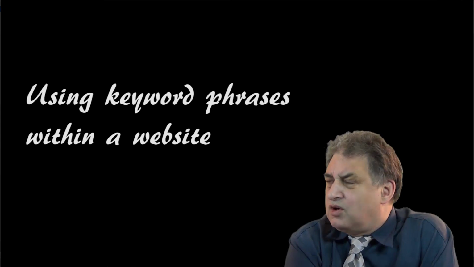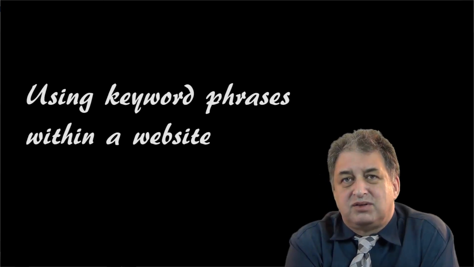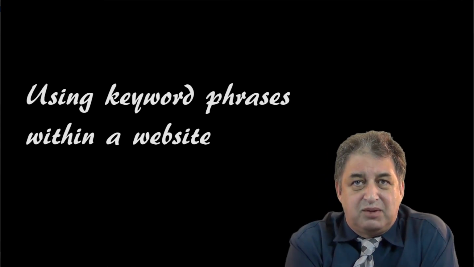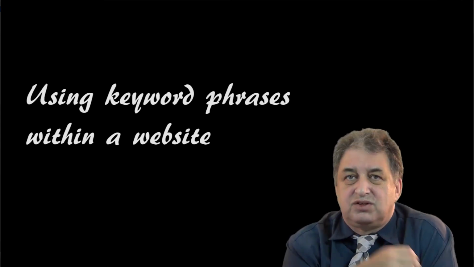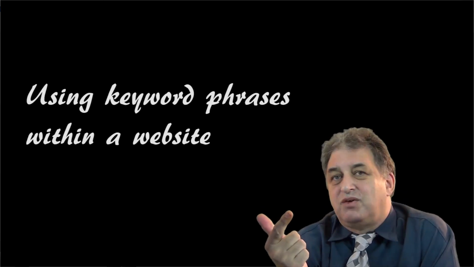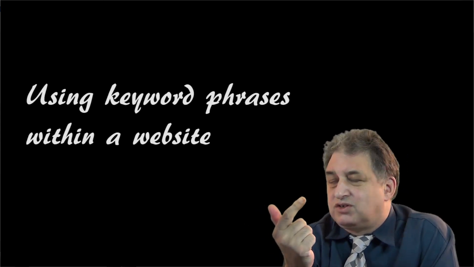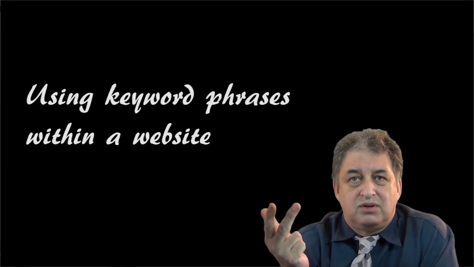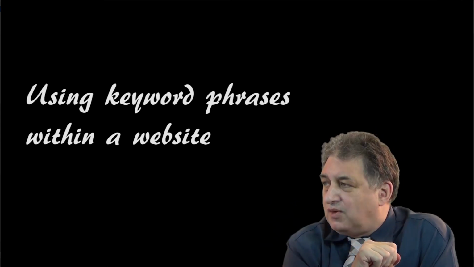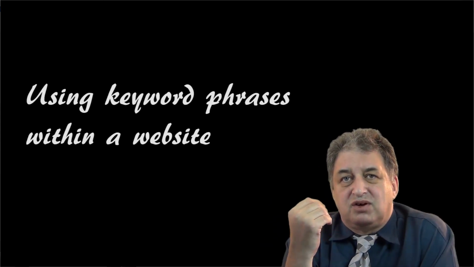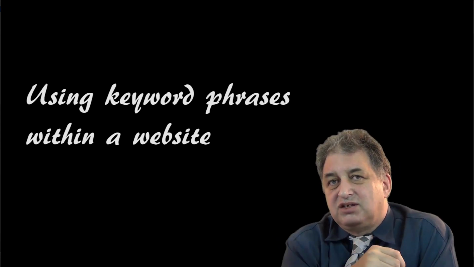So, for instance, if you've got a website that's about a plumbing service in maybe Joondalup in Perth, WA, you should use the words plumbing, plumbers, and variations on that. You should use the phrase Joondalup, Perth, WA, and associated phrases as well. And basically what you want to do is try and build all of these phrases into your website in a natural sounding way.